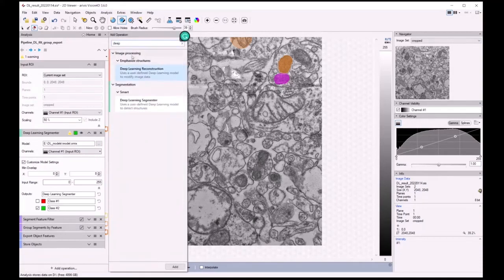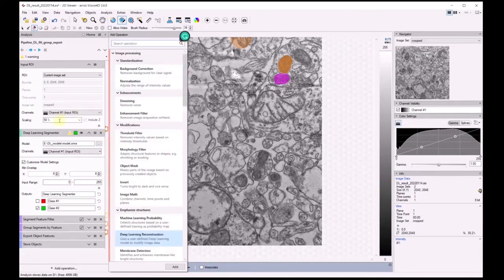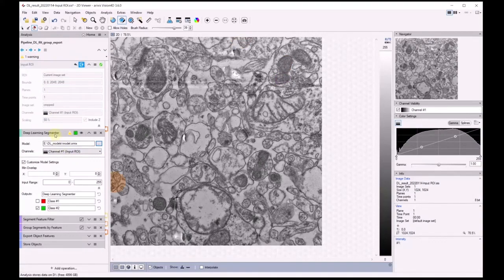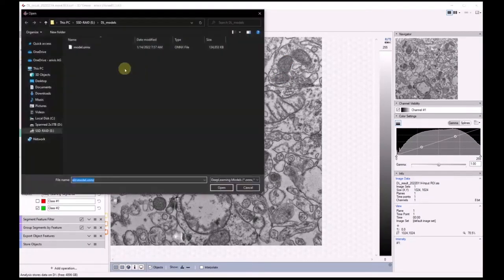One is for image processing, and the one that we will be going to use today is the deep learning segmenter, which allows us creating the objects in one step in the pipeline. So first we will set the scaling of the pipeline at 50%, same as it was performed during the training. Now for the deep learning segmenter, I can pick the model from the disk and upload it,